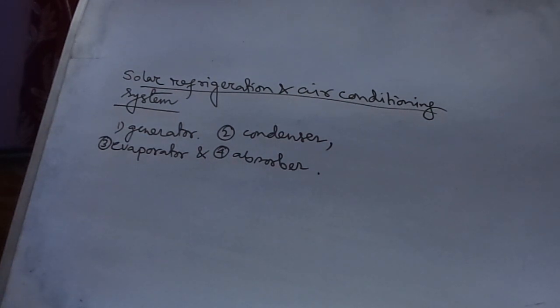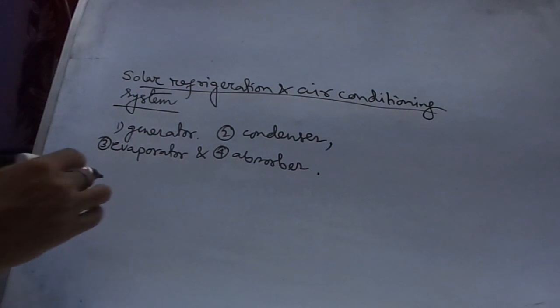Cooling can be produced continuously or intermittently. An intermittent refrigerator is compact, simple in operation and is also portable. The first one is the regeneration mode, another one is the refrigeration mode. If you draw the diagram of the regeneration mode,